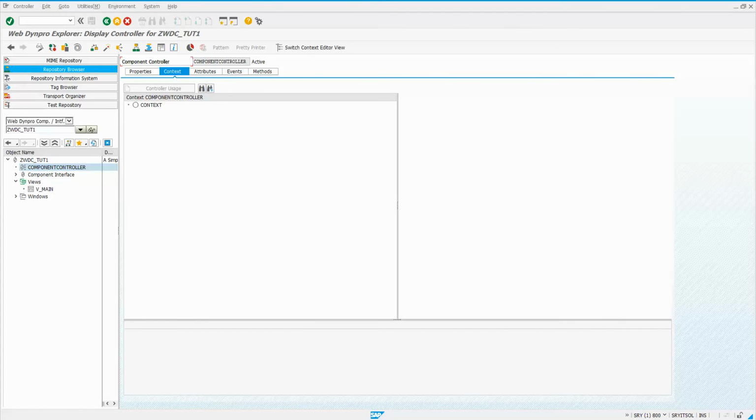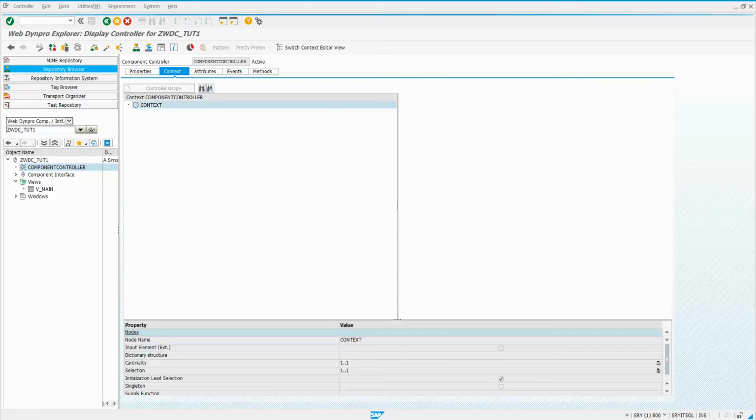I'm going to create a context node in the component controller because later on I'm just going to extend this application wherein I'm going to navigate between multiple views, and I may want the data to be available in the other view as well. So in order to share the data between multiple views, I'm going to create the context node in the component controller, and then I'm going to use it in different views. So I'm just going to construct a form here. So I'm just going to create a context node here in the component controller